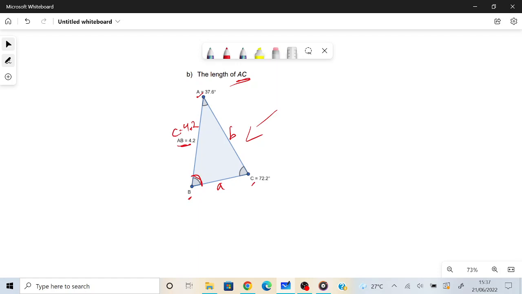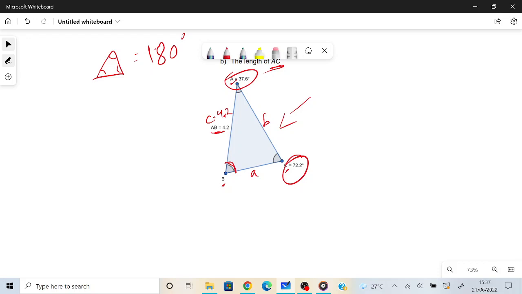We know that in a triangle, the sum of all angles equal to 180. And we know the two other angles, 37.6 and 72.2. So all we can do over here is just do 180 minus